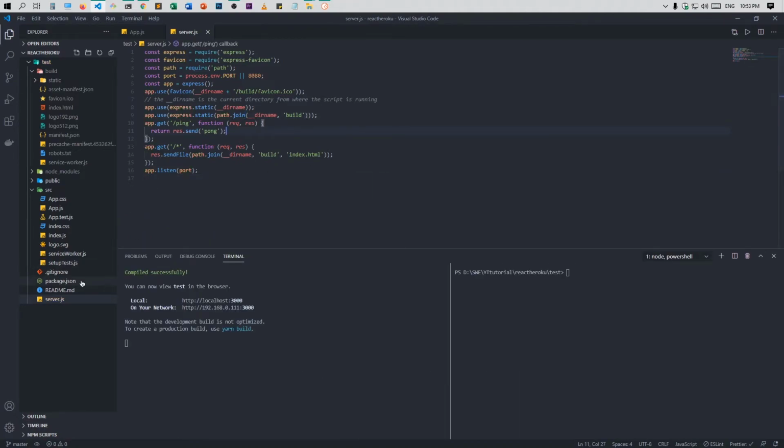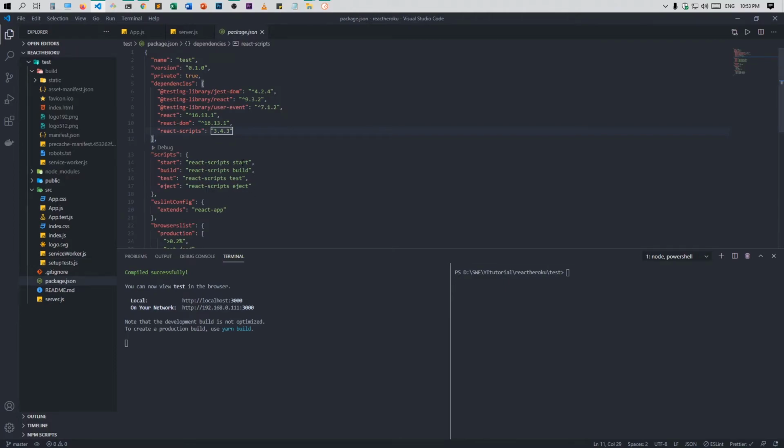Now go to your package.json and add a new script and name it start, and now it will run our server.js file to start our server, and just rename it react. Save it, and we can see